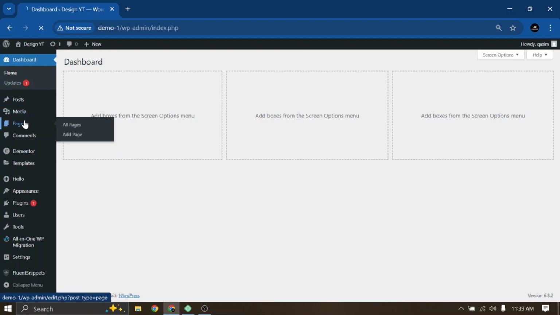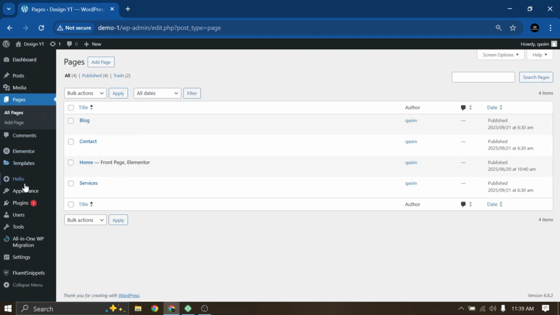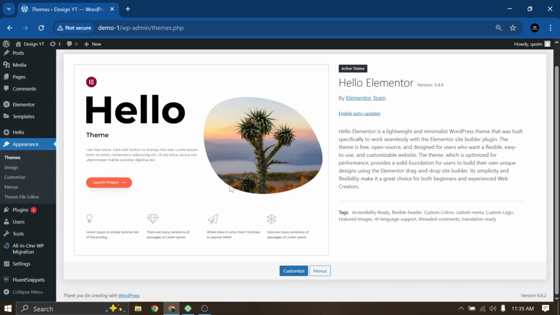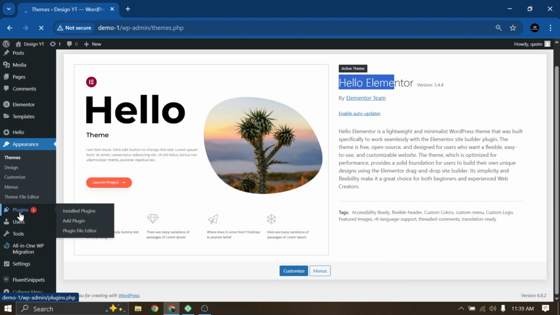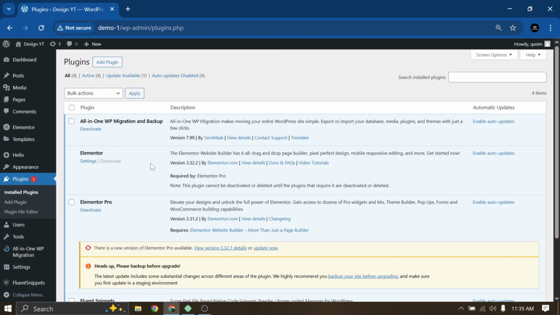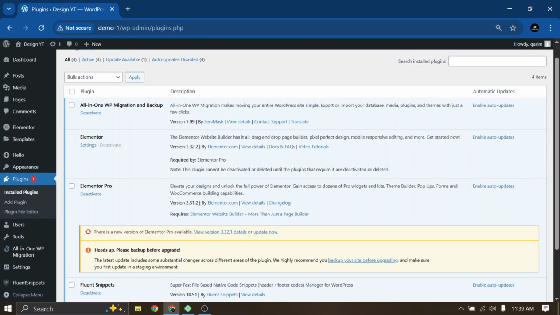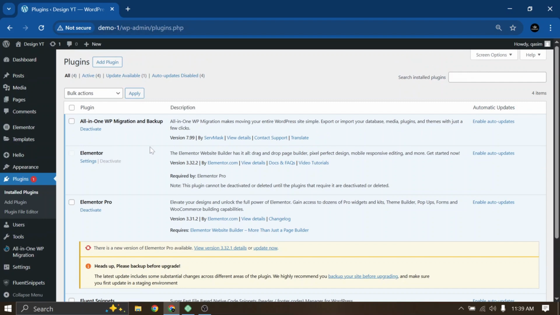So here in the pages you can see I have a few pages, and in the appearance you can see I'm using the Hello Elementor theme. Now in the plugin section you can see I have a few plugins installed. The plugin we are going to use for the migration is All-in-One WP Migration and Backup.